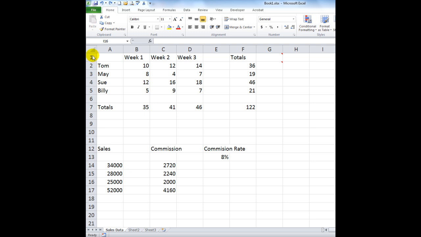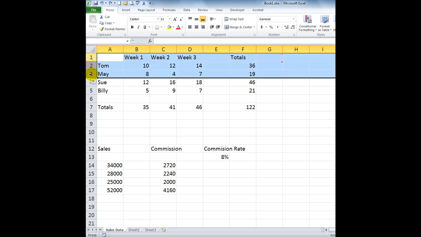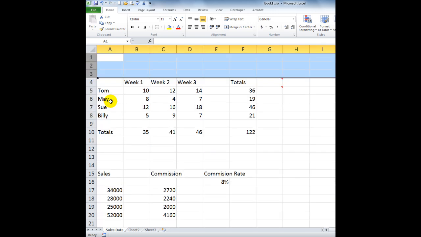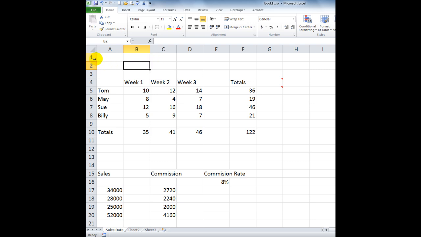Remember that the word formatting simply really means making your spreadsheet look pretty. So I'm going to insert 3 rows above what is at the moment row 1. To do that, I click my mouse in the first row, hold down the left mouse button and drag down through the number of rows that I want to insert. Then I right click and simply insert, and there you'll see that there have been 3 rows inserted above the